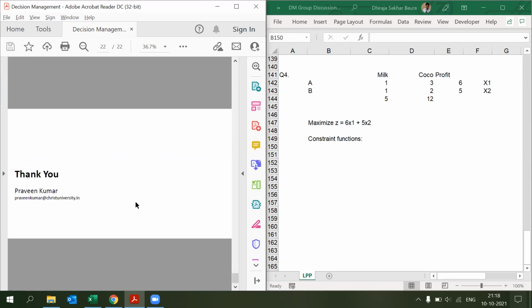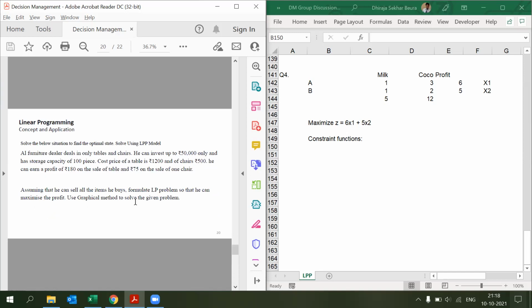Another question is there. All I'm referring to is from Sir's PPTs that he had shared in the Google Classroom. You can download it from there. If you want me to share it, I can share it through a screenshot. Not a problem. Please do practice. Next time onwards, we'll start off with the probability topic.